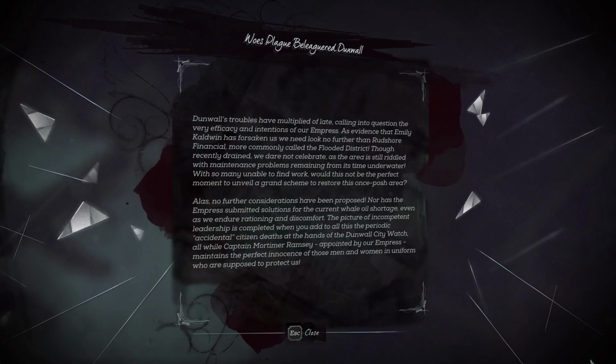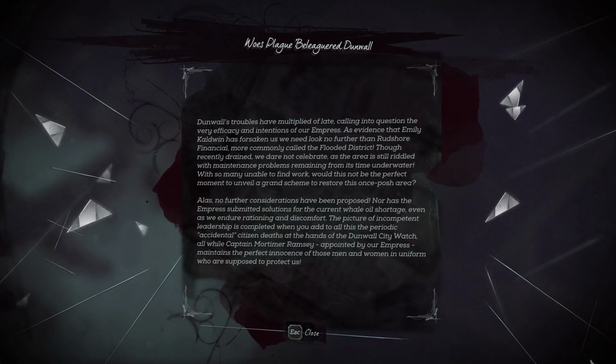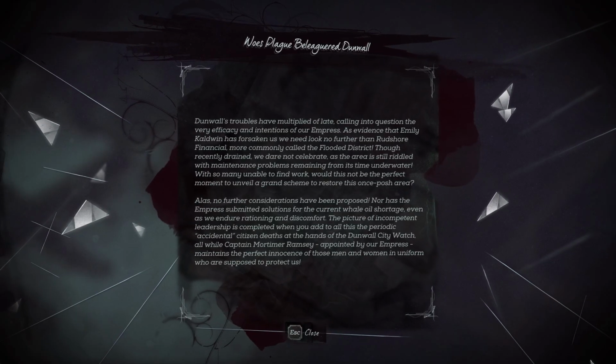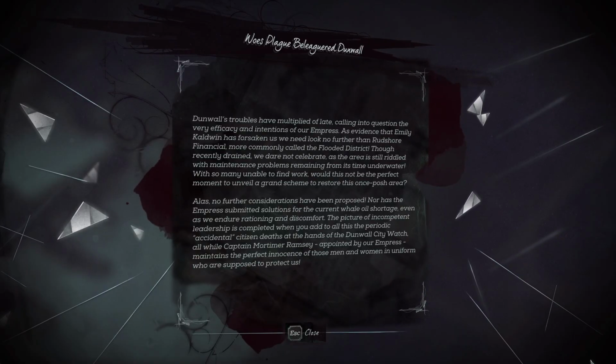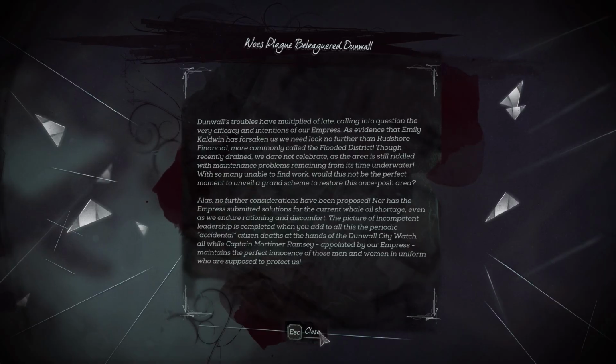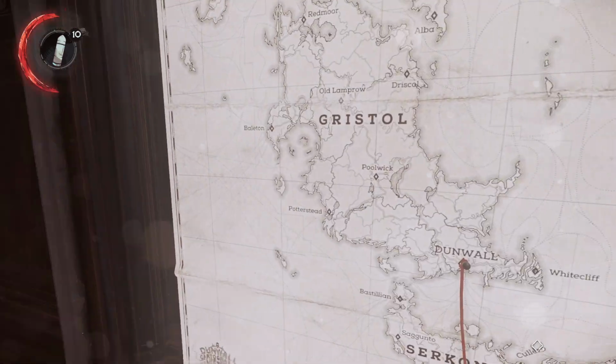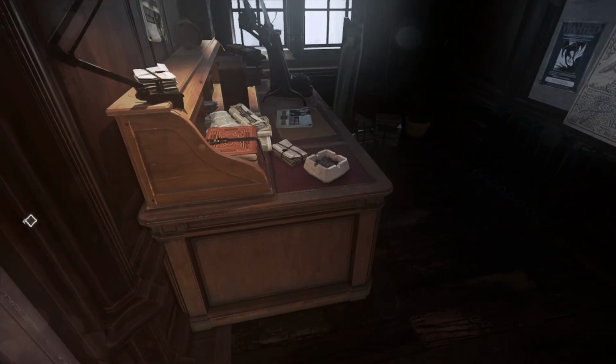So here we see the first indication of the shortage of whale oil. Basically, overhunting of whales has decreased their population and has led to kind of a shortage in rationing, possibly indicating that the time of